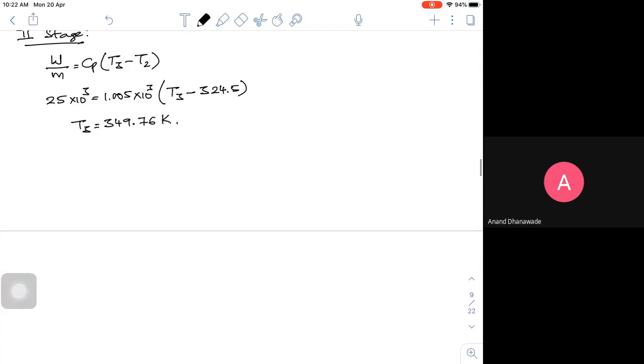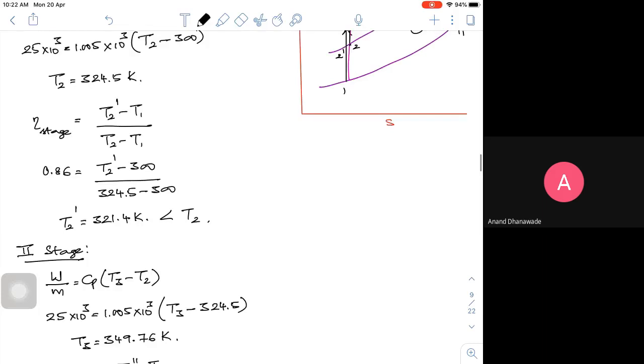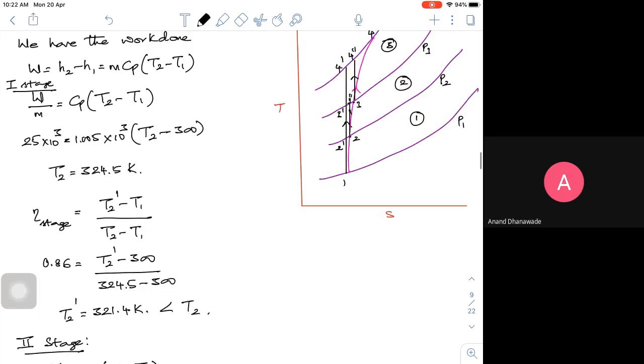Now, same step, I will write it for the second stage. The stage efficiency remains the same. So this will be Cp into T3 double dash minus T2 divided by T3 minus T2. Look at this. This is nothing but stage. So this is not 2 dash or 3 dash, it is 3 double dash. Look at this particular point. I am considering this one. Fine. So it is T3 double dash minus T2 divided by this thing.